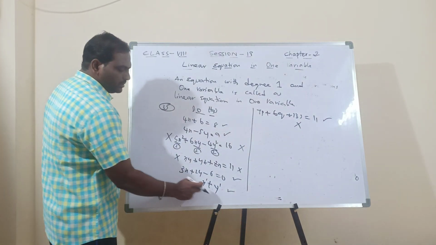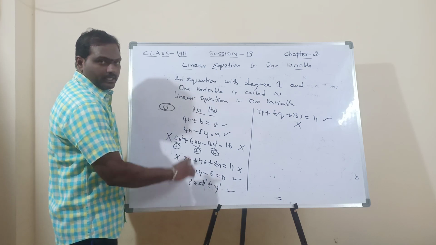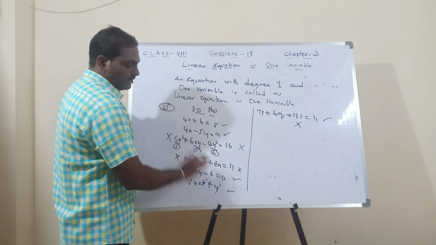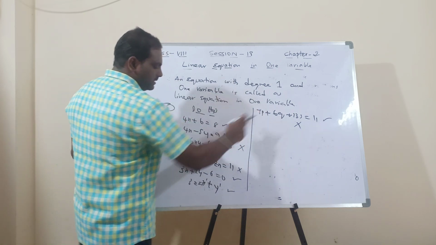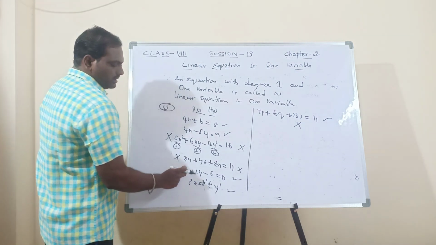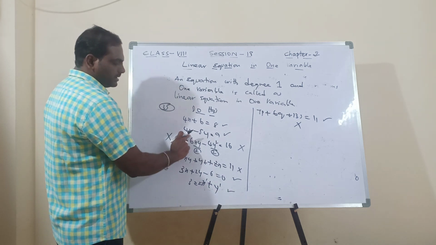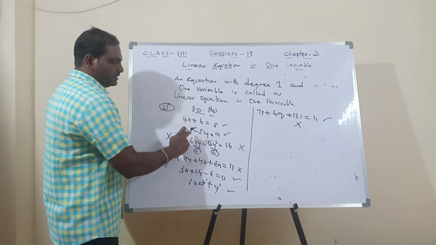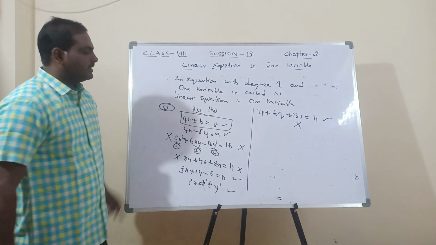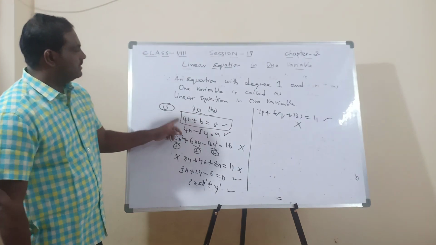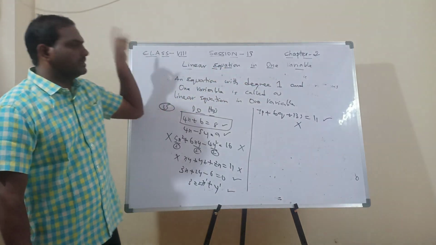Now look at this, 2x plus y. It's a linear equation, but not with one variable. How many variables are there? This is called a linear equation with 3 variables. This one is a linear equation with 2 variables. And this, 3x plus 2y, is also a linear equation with 2 variables. Now look at this 4x minus 5y. This is also a linear equation with two variables. Now look at this. How many variables are there? Only one. So this type of example is what we are going to discuss in this chapter.